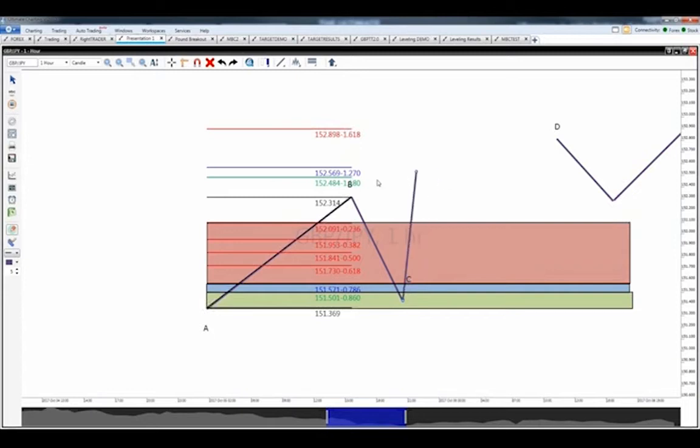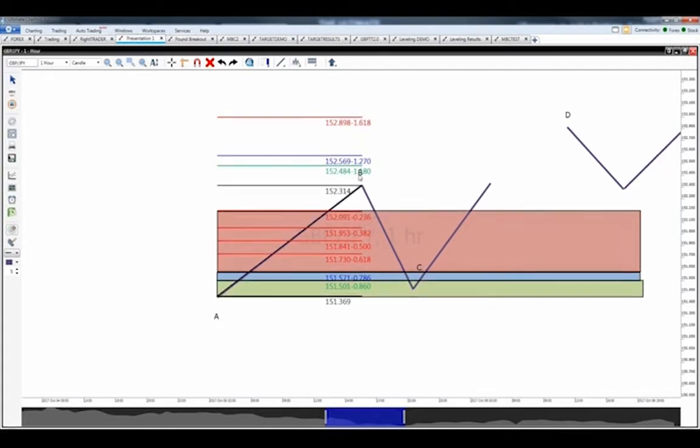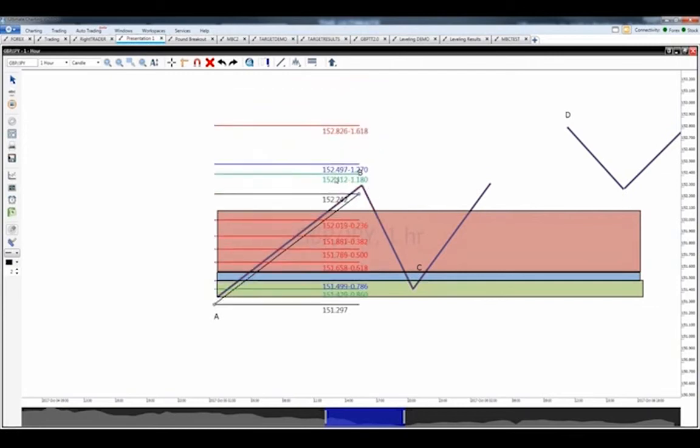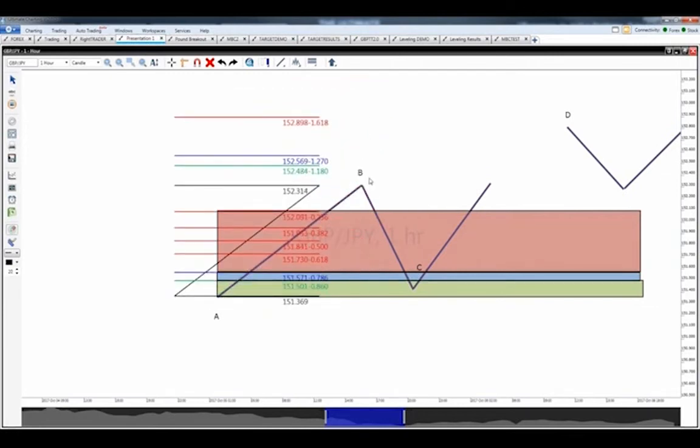Now, if you can picture this green Fibonacci extension, this line coming all the way out right here, I'm going to hold on to this trade all the way up until it breaks through that line right there. Now, the reason for that is because based on the mathematics of what is going on here, let me get my B out of the way for you. It's sitting right where my numbers are. Based on this information right here,